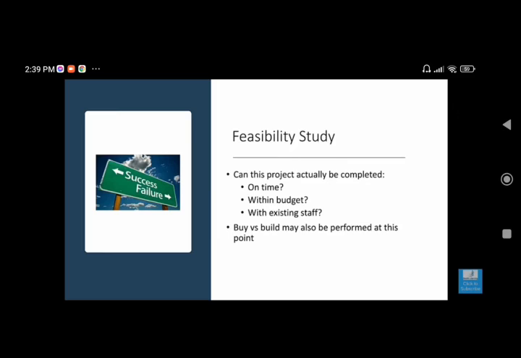Another key decision that's made at this point is a buy versus build decision. If you have the expertise in-house and it's a custom type of software, do you go ahead and build that with internal staff, or is there an existing software package that you could buy off the shelf that meets your needs? So that's really it for the feasibility study. Let's go ahead and move on to the next step. The next